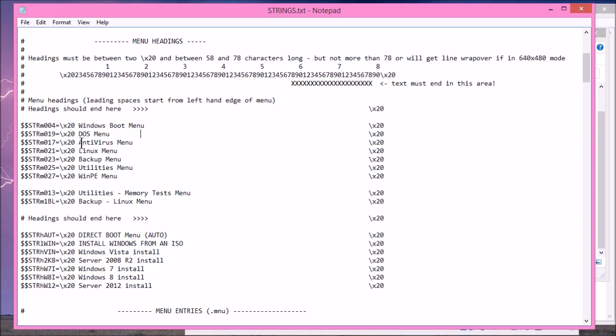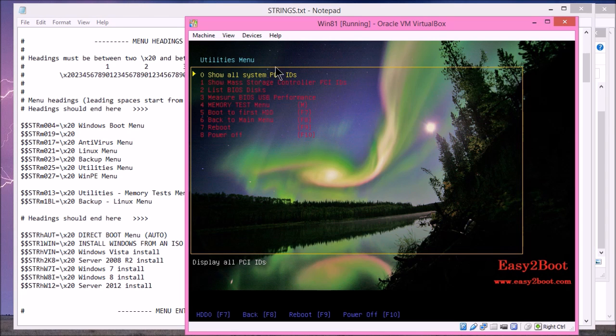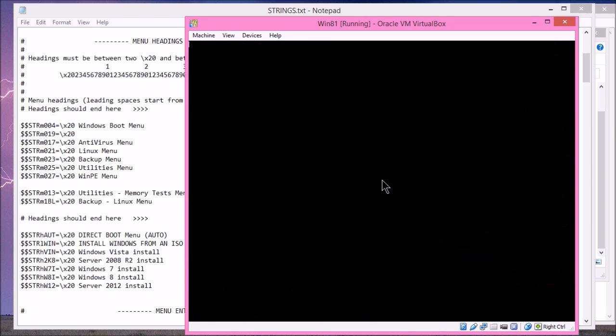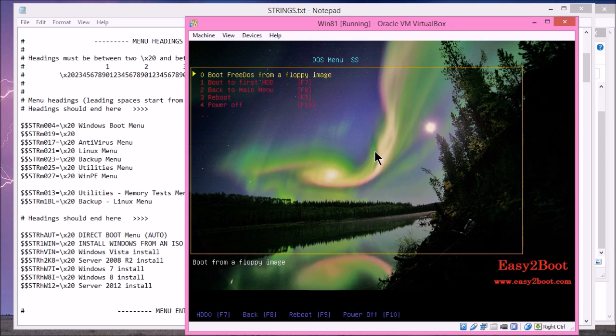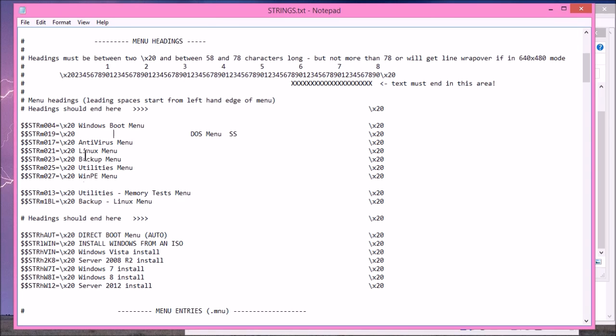So let's just make a quick change to this. I'll just change this DOS menu, just to show that it's actually our heading that's altered. Okay, so I'll save that, and we'll see what it looks like. So go back to the main menu, and then I can press F8 to reboot. That was the DOS menu, so let's go to DOS, and you can see it's changed it to DOS menu SS. And it's pretty much centered, actually. That's lucky. So you can just change all of these other menu headings,